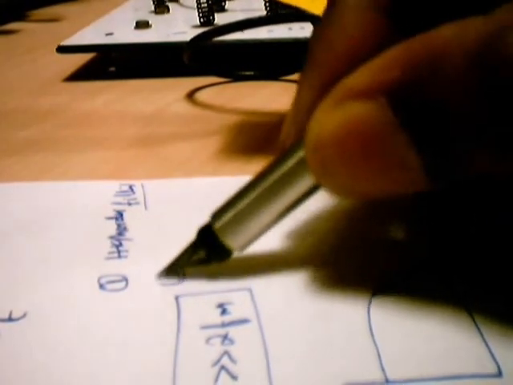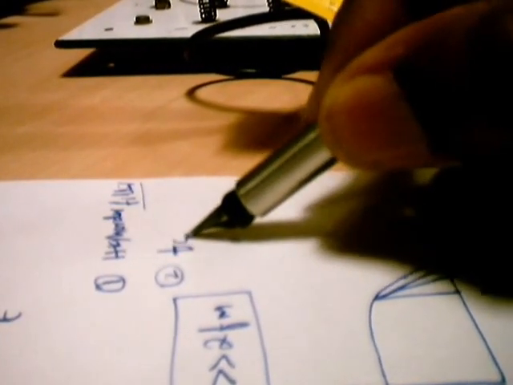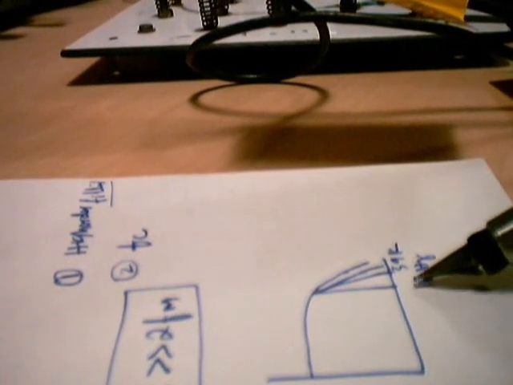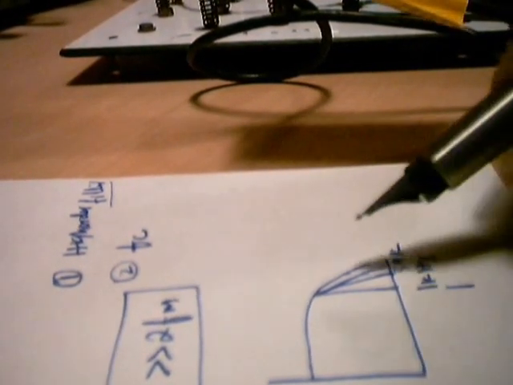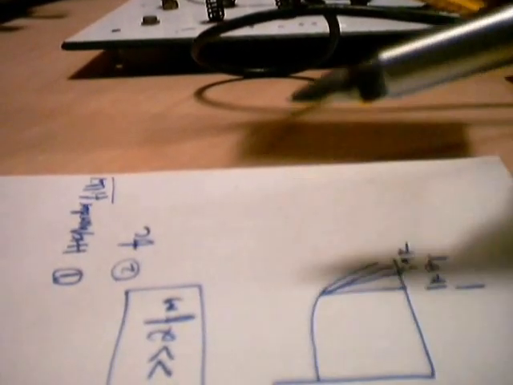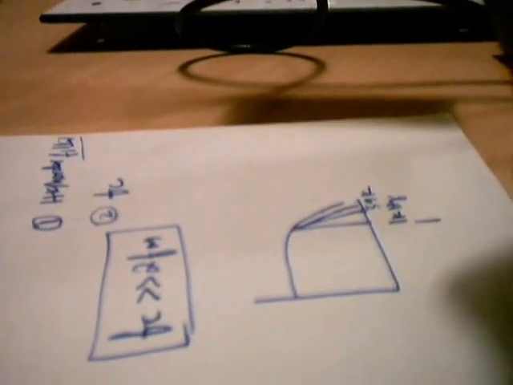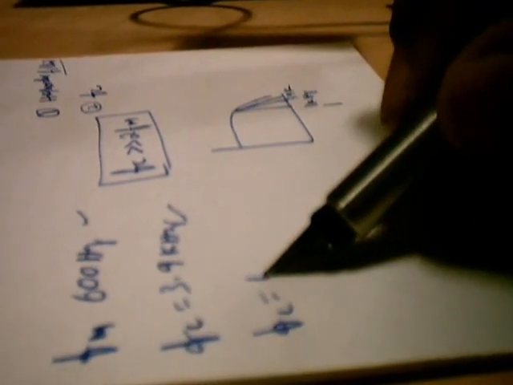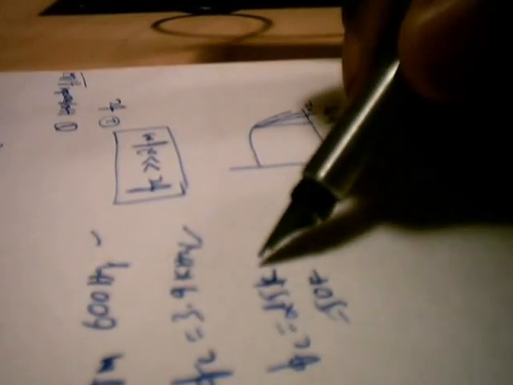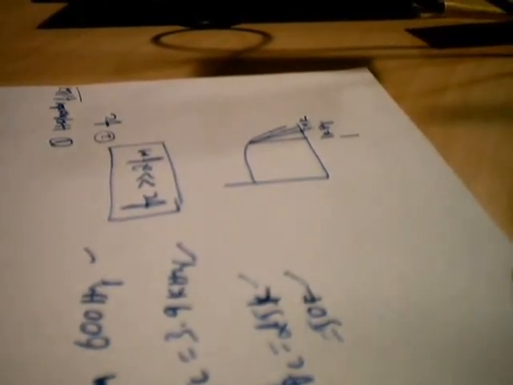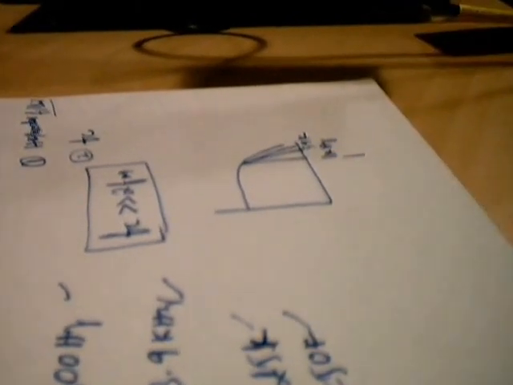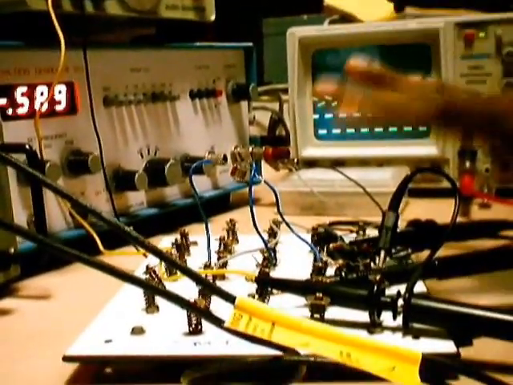Now the second thing is, what happens if I increase the carrier frequency? As we know, 1 kilohertz is the cutoff frequency of the low pass filter. If I keep the carrier frequency too far away from 1 kilohertz, say you keep your FC at something like 25k or 50k, the ripple frequency at 25 kilohertz and 50 kilohertz happens to be in the stop band of this low pass filter. So let me simply increase the carrier frequency, keeping the filter as just first order.